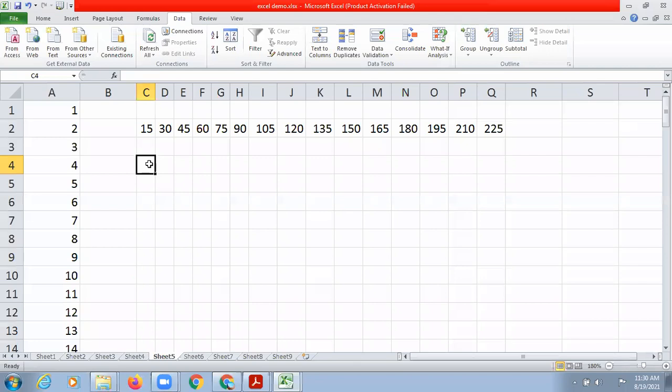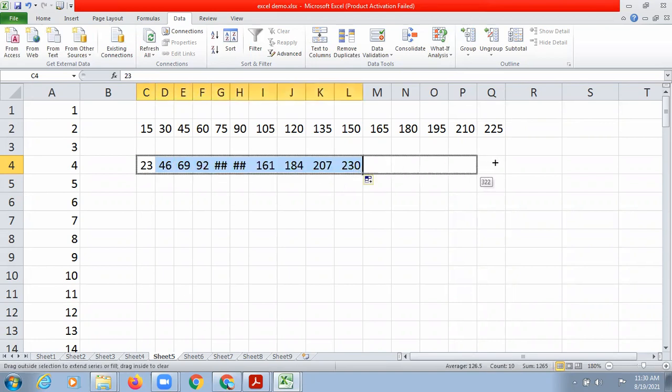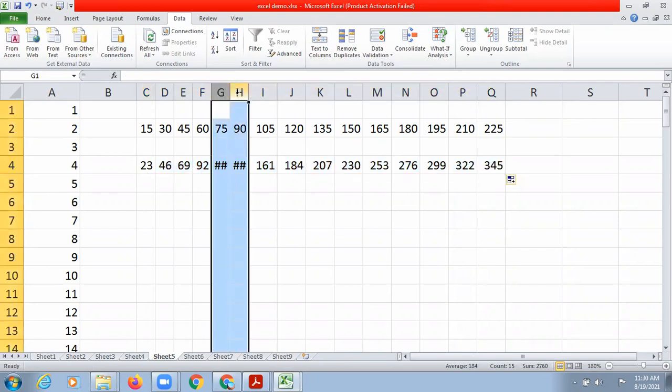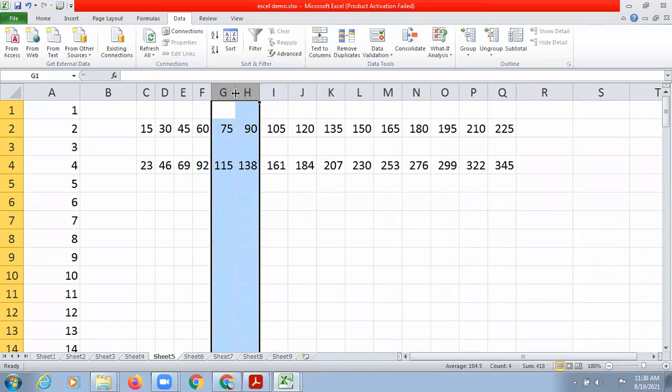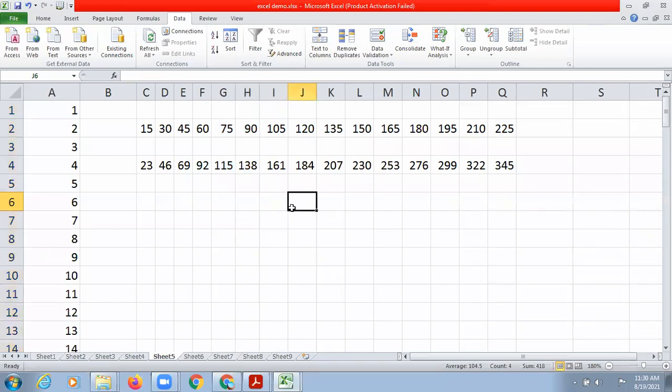Similarly, you can print a series of any number in any manner. For example, let's say I wanted to print a sequence series of numbers with a difference of 25. तो चलो ठीक है, थोड़ा easier होता है. 23 का ले लेते हैं. 23 will be the first number and the second number, let's say, will be 46, right? So 23 का table है ये. Select both the numbers and then drag it till wherever you want. And this hash sign means your cell width is not wide enough to display the content of the cell. It means you have to increase the width of the cell, right?